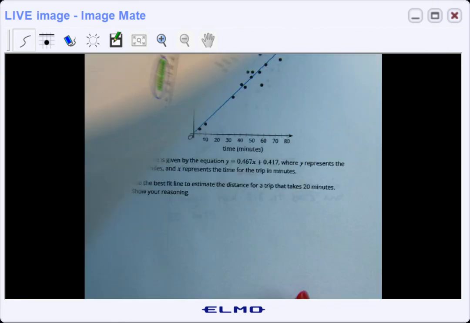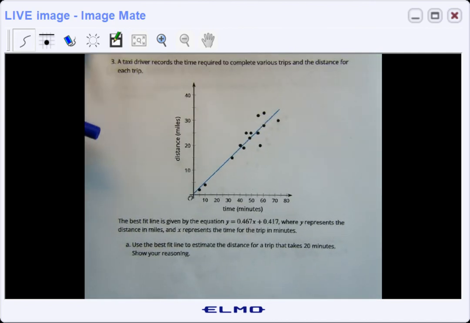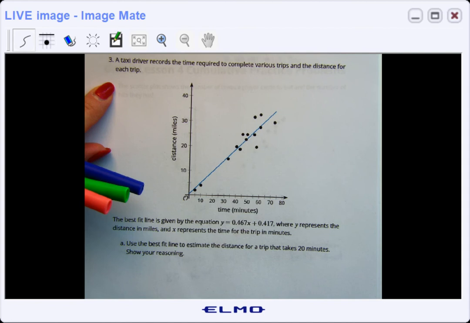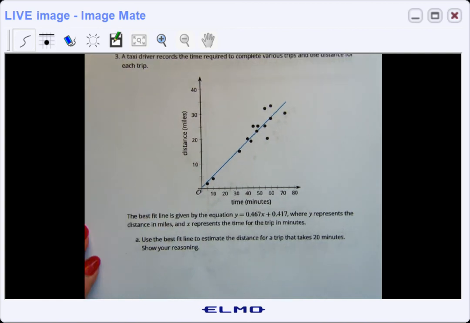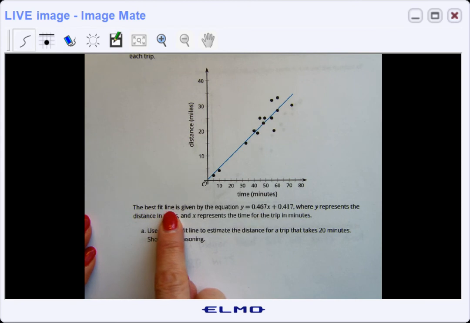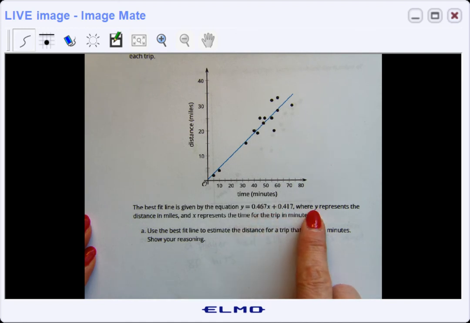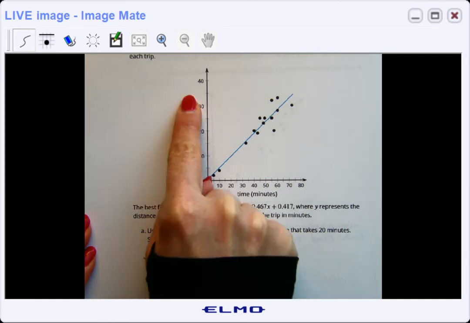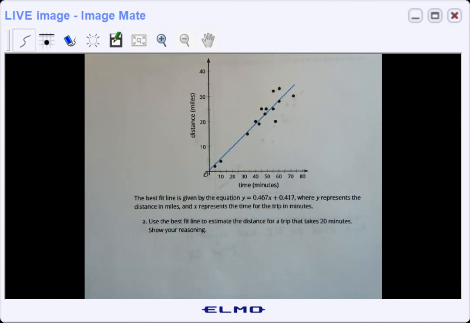All right, and then the last one is about a taxi driver. So a taxi driver records the time required to complete various trips and the distance for each trip. So here's the scatter plot, and it's got a line of best fit. And it says the best fit line is given by the equation y equals 0.467x plus 0.417, where y represents the distance in miles and x represents the time for the trip in minutes. Use the best fit line to estimate the distance